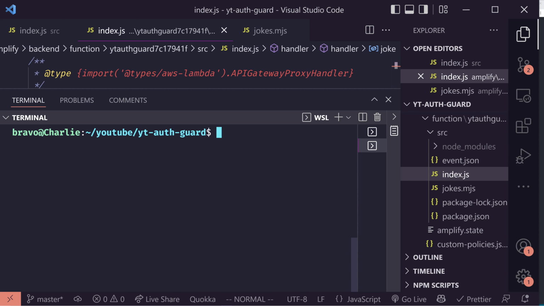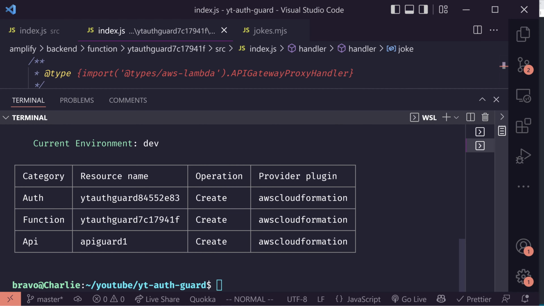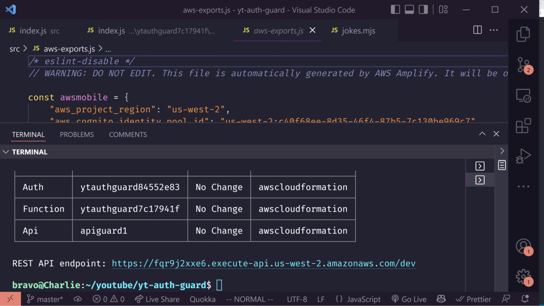Nice. So the next thing we need to do is push this all up. So if we go amplify status, it should tell us everything that we have to push up. So we have our auth, we have our function and our API. So I'm going to do amplify push -y, and this should push it up to the cloud, and this will just take a moment. Okay, so everything's been uploaded to the cloud, and we have one more step I want